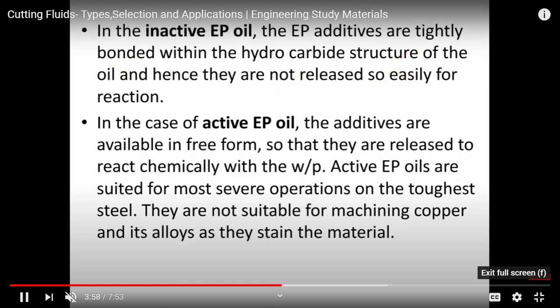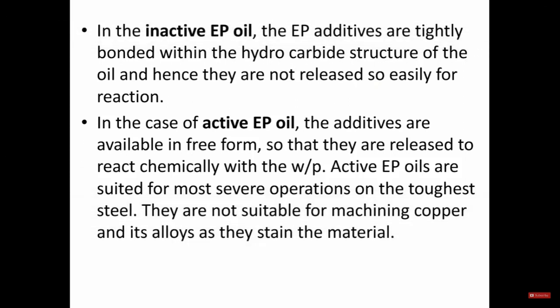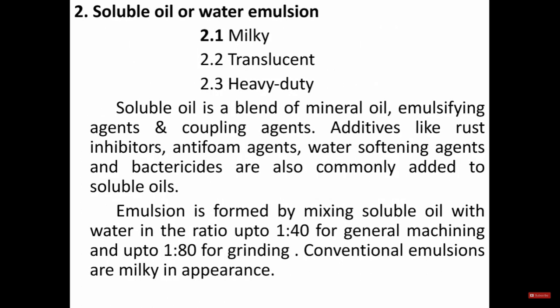One more time we discuss here what are the mineral oils. Mineral oils are blended with base oils to obtain the required properties for different machining operations. They are generally hydrocarbons having complex structures. The main constituents of these oils are paraffins, naphthenes and aromatics. They are mainly used for light cutting operations. The selection of mineral oils mainly depends upon the flash point, cost, viscosity and lubricating properties. Soluble oils are water emulsions, milky and transparent, and heavy duty oils.